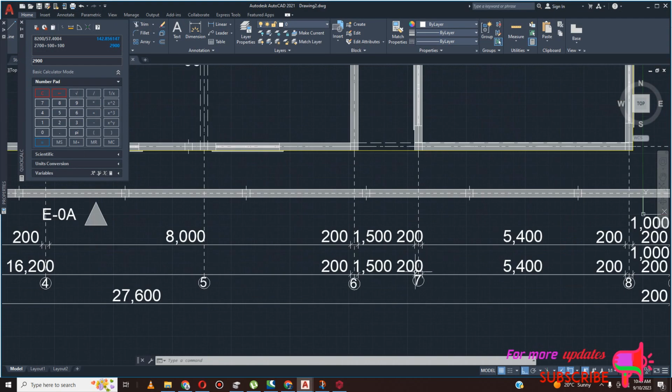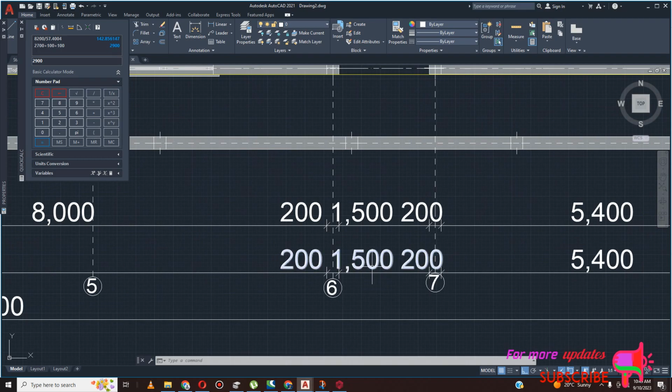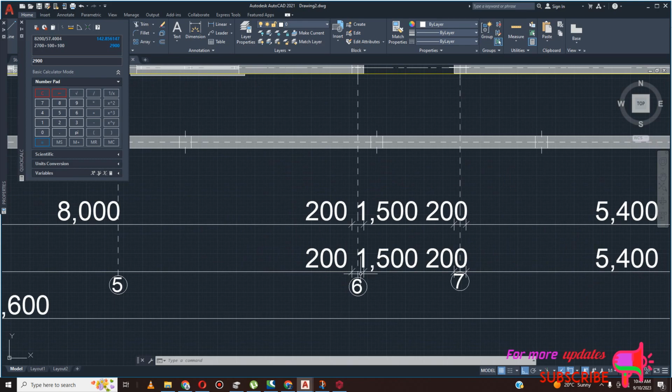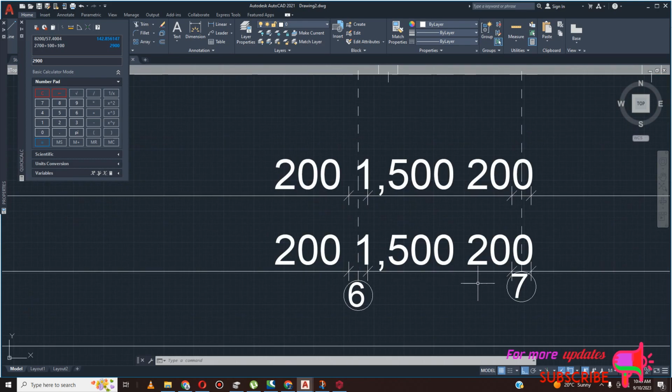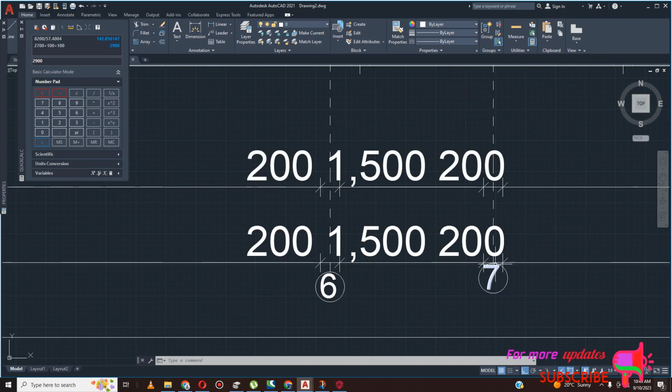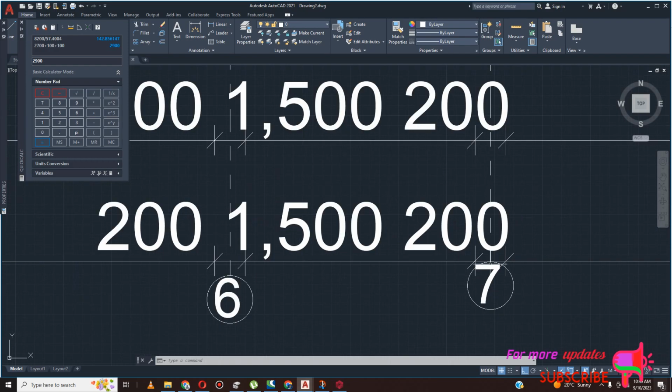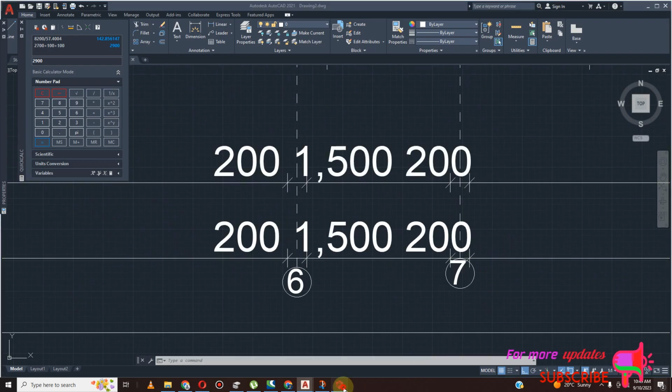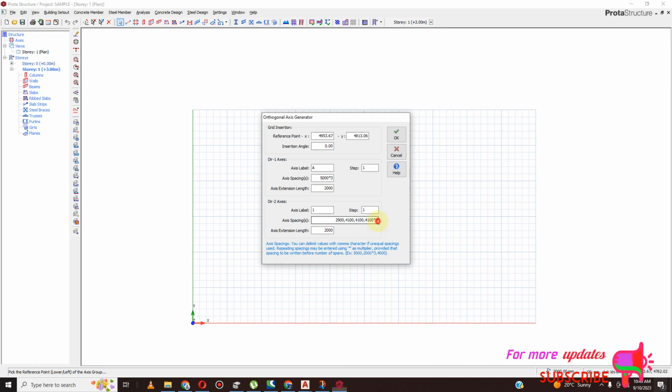then from there it's 1500 plus 100, this distance from here to here, plus 100, because the beam is 200 thick, so the grid is in the center, so it's 100, so it's 1700. 1700, and then again